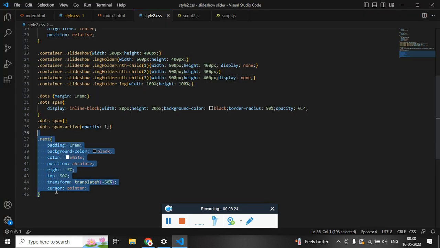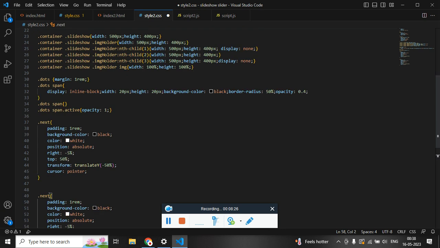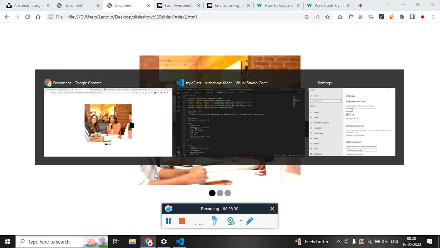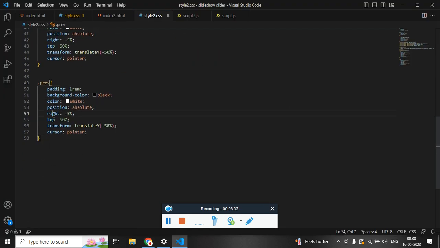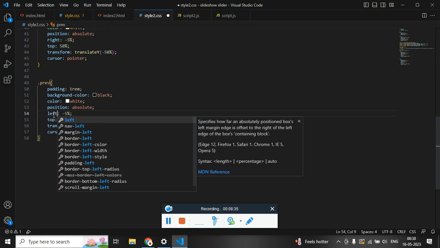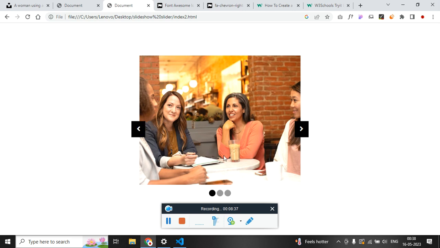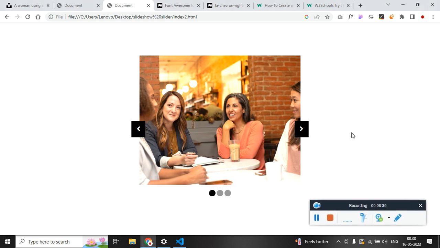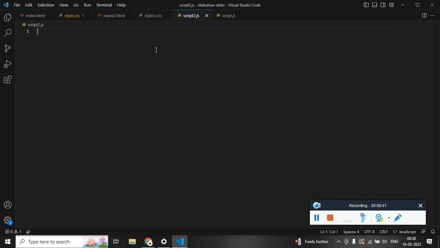The same way, you copy this and make this for the previous icon, which is class prev. Now instead of right, it's going to be left. Cool. The CSS part is done. Now it's time for JavaScript. So we need to